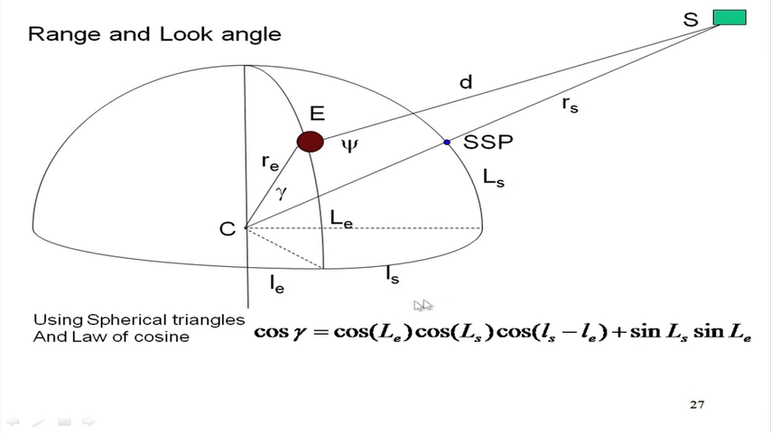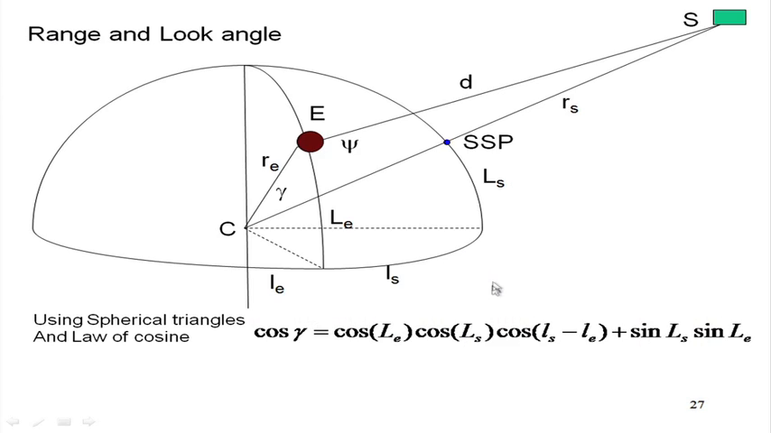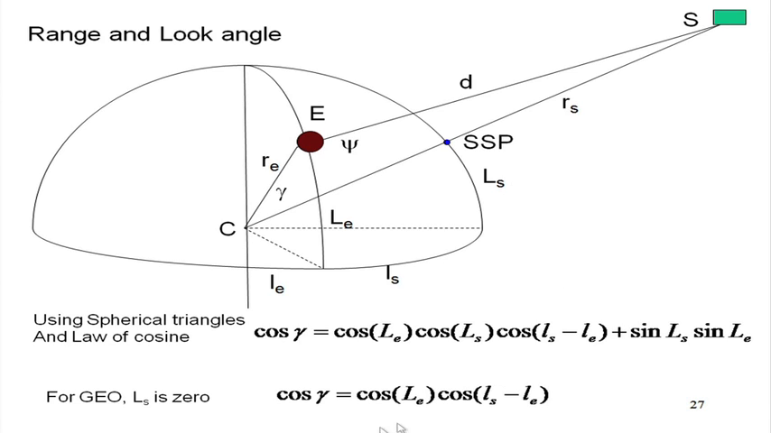Now, one interesting thing is that this is a generalized expression. So, for a geostationary orbit we have said that the subsatellite point has no latitude, that is, it is on the equator. So, therefore, Ls is 0, and putting Ls equal to 0 here, you get cos gamma equal to cos Le times cos of the difference of longitude of earth station and subsatellite point. Now, this is to find out the distance and the elevation. For azimuth,